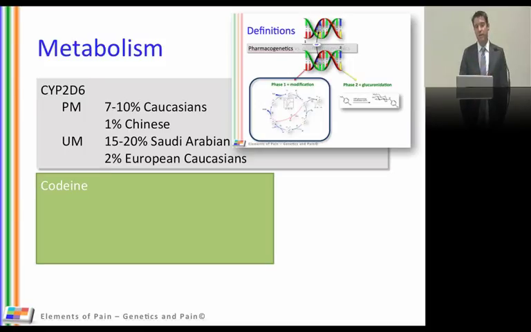Whereas the ultra-rapid metabolizers are just the opposite. They're going to rapidly metabolize a drug. So if you need the parent compound to have an effect, it's not going to work because it's going to get metabolized really quickly. Or if you have the metabolite required, you're going to get quick conversion and possibility of effects and side effects. So codeine in ultra-rapid metabolizers, you're going to get side effects. Whereas the opposite could be said for